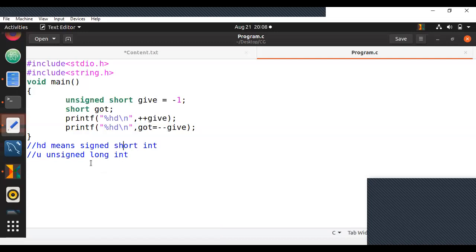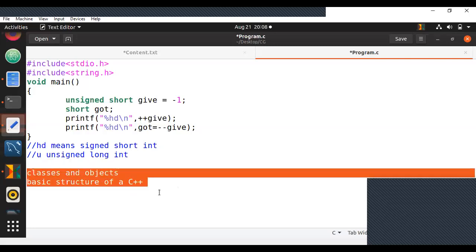Okay, for those who are not familiar, for those who think C++ is new, please go through just the basics of C++. Just go through the basic concept of what are classes and objects. That is all I need you to know. And the basic structure of a C++ program. Because tomorrow I want to start with interview questions in C++. If we are going through basics, we can't do a lot of interview questions.